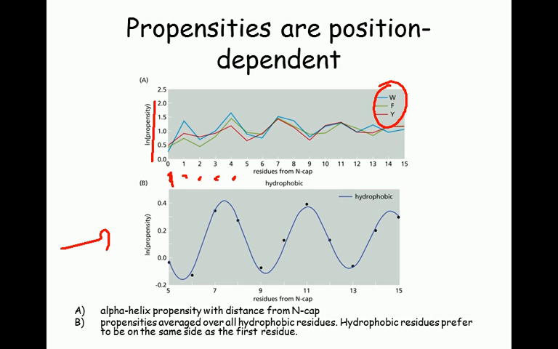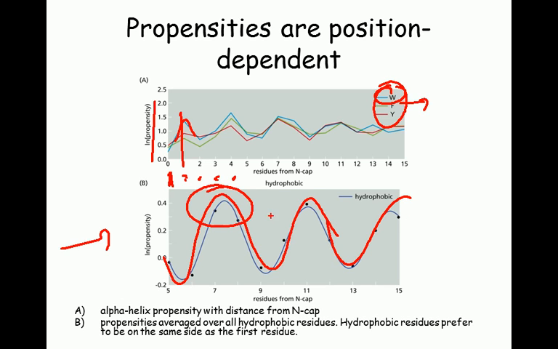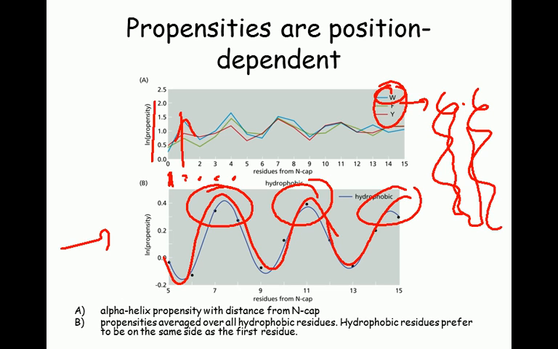propensity, but now take into account the location in the alpha helix. Starting from the N terminus is 0 location, and this is the first residue, and so on. So whenever W is the first residue, its likelihood is that much. And then you plot them together, and then you repeat that for all 20 amino acids, and you plot them, and you get a graph like this. Okay? And you see sort of a repetition here. The hydrophobic residues like to be on the same side of the alpha helix. And that's probably because when alpha helices form bundles, you need sort of an interface where hydrophobic and hydrophobic partners